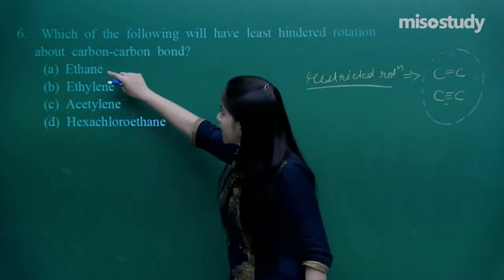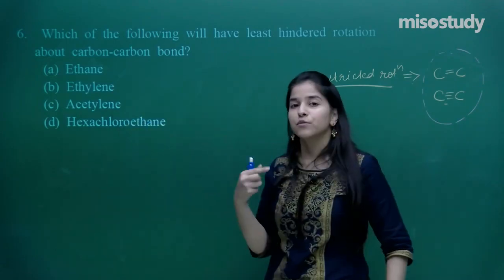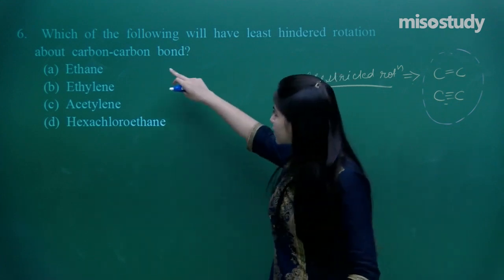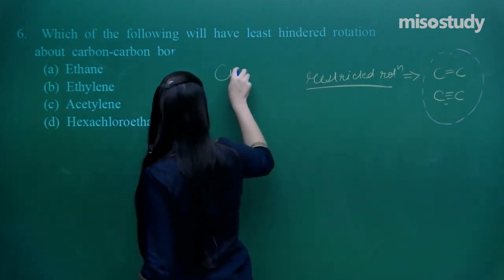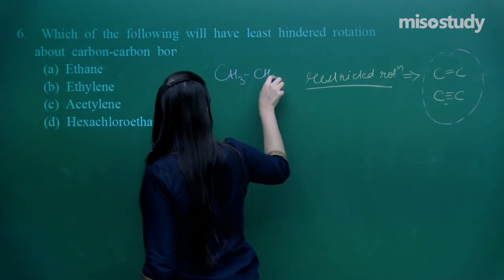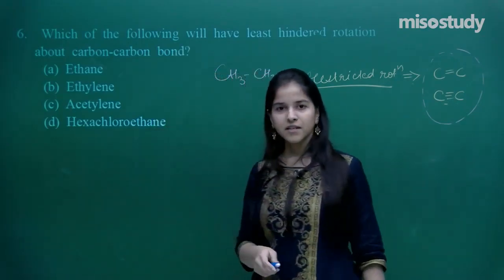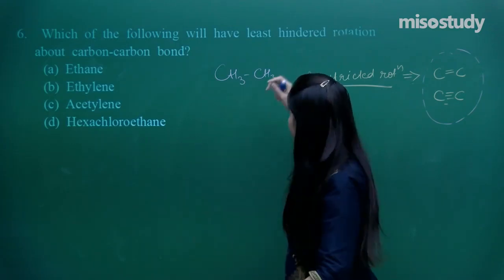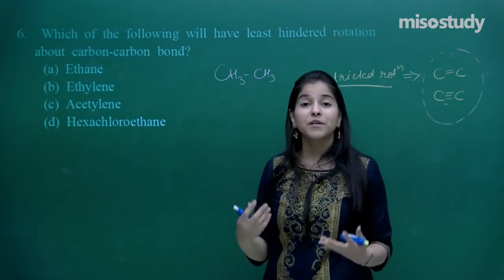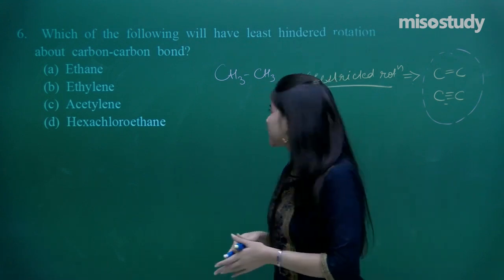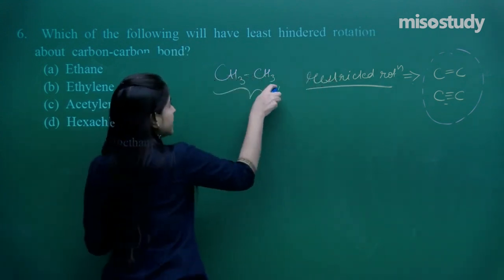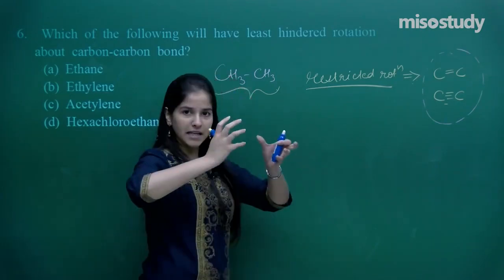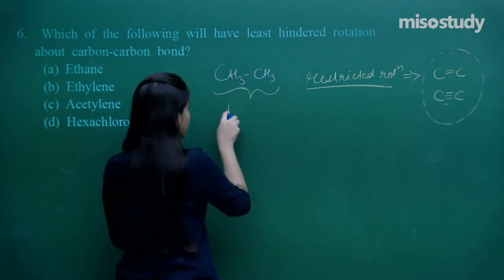Now again I need to find out among these molecules which will have the hindered rotation and which will not. So first let us discuss the ethane molecule. Ethane is this. Can you see any double or triple bond? Not at all. So this molecule can have many conformations. I hope you remember conformational isomerism. It is whenever there is no hindered rotation and the two bonds can easily rotate. So no hindered rotation.